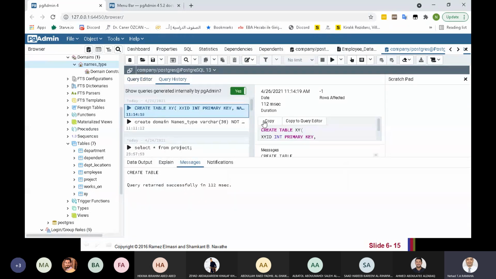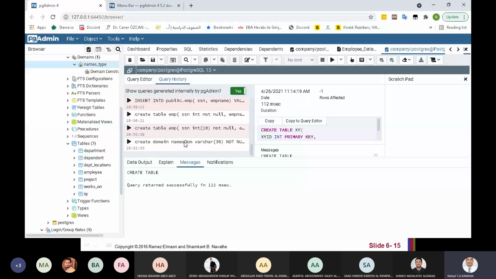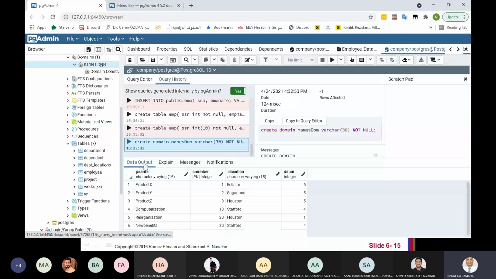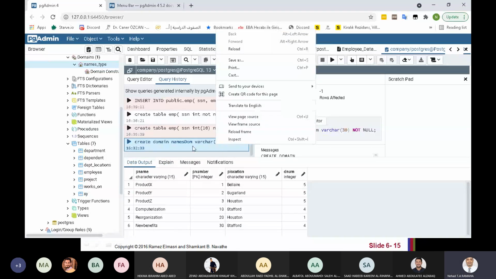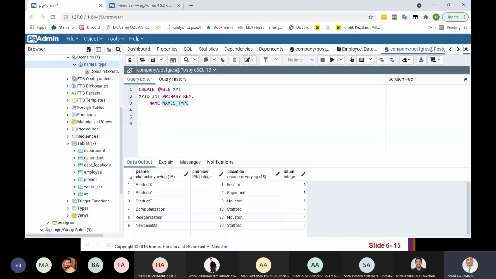This is the query history. This one, create domain. Where is it? Okay, the sentence create domain names type, and I put that it's varchar 30 and not null.